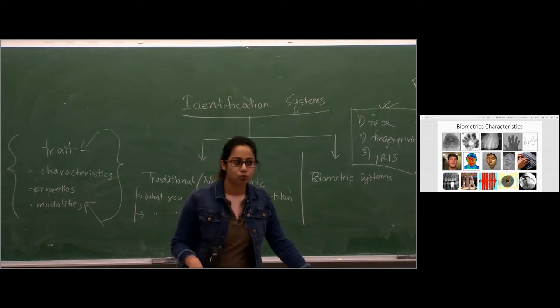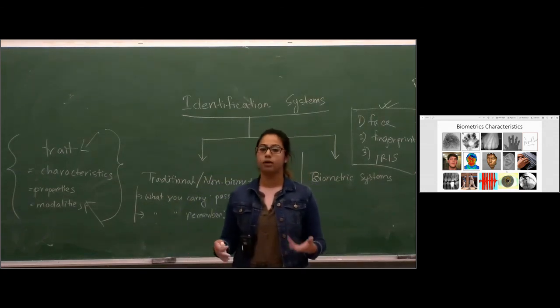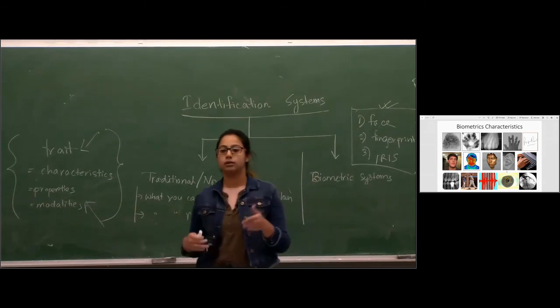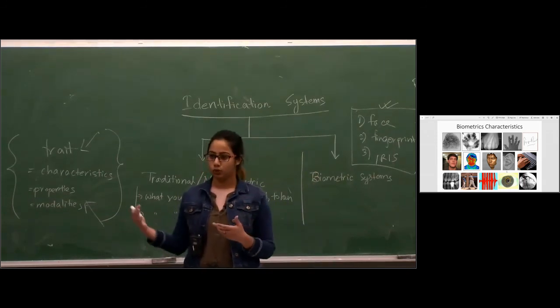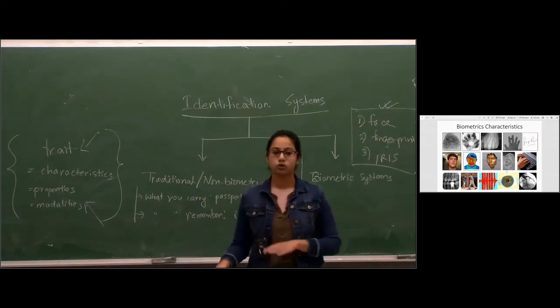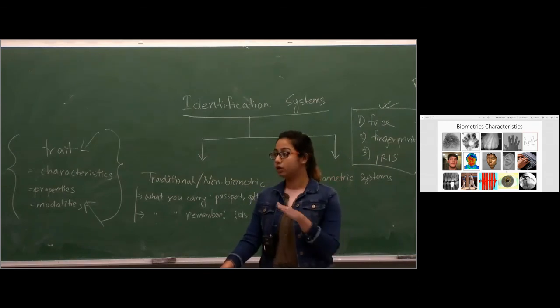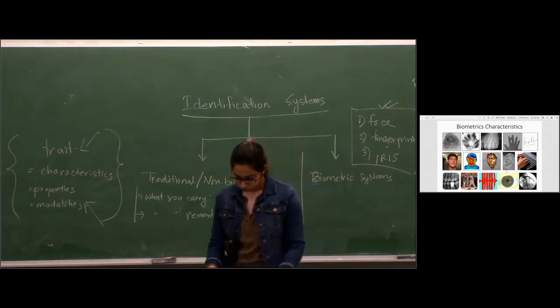So if you are asked which is the biometric property that does not change with time, then you should say it's the ear, because the more you age or grow up, it grows to a certain extent, but after that it stops, and also the internal pattern inside the ear does not change. So it's a very consistent biometric property.